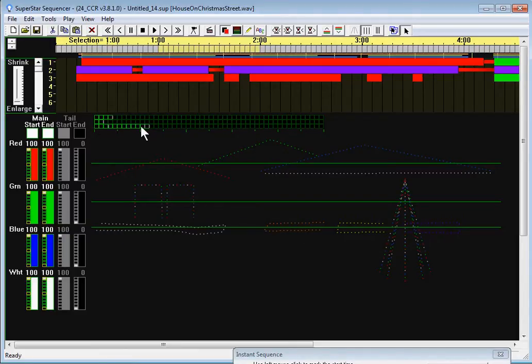grid. And notice that this light string here is red, and that's all he has is red in him. But these window lights, they have a red string, a green string, a blue string, and a white string in them. And they are in the visualizer defined as one fixture, and each fixture is assigned to a square on the sequencing grid. And so the way this